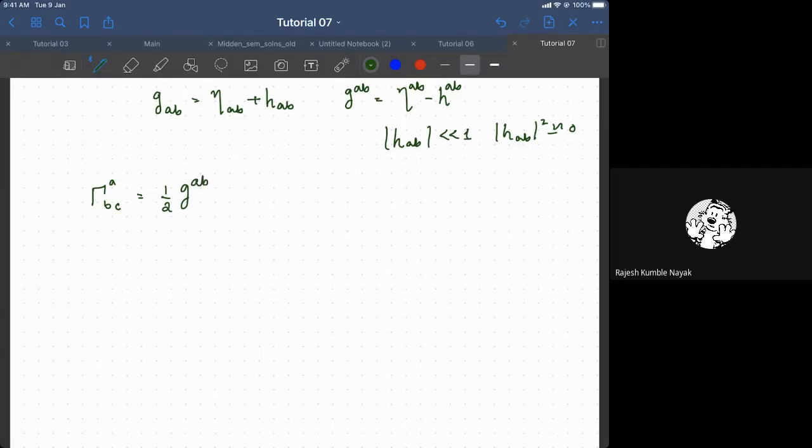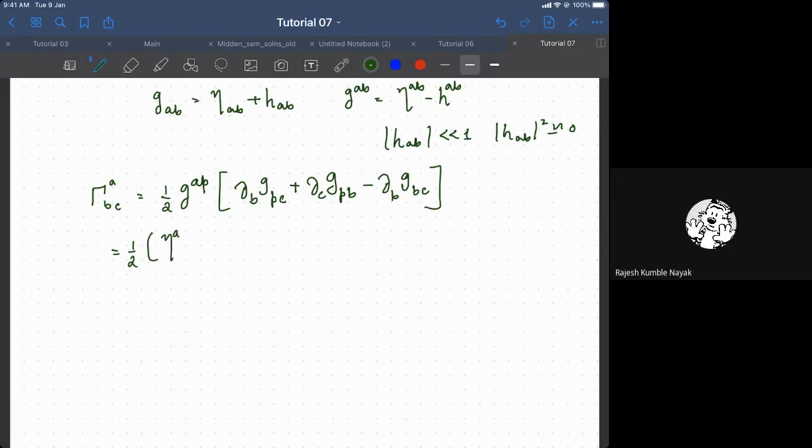We have G AP, and then differentiation of GPC with respect to B, plus differentiation with respect to C of GBP, minus differentiation with respect to P of GPC. Now we substitute our approximate form, and we get here half into G,